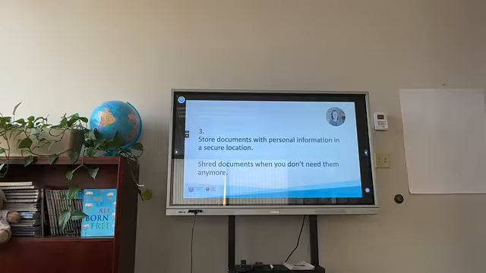Best practice number 3, store documents with personal information in a secure location. Shred those paper documents when you don't need them anymore. This includes records such as learner files, tutoring reports, stories students write, but it can also include just a quickly jotted phone number of your student that you've left on a sticky note. So you want to make sure that you don't leave those on your desk, that you don't leave student documents at a photocopier. You also want to remember that there might be legal guidelines about how long agencies have to hold on to student files, so you might have to wait a while before shredding those documents.